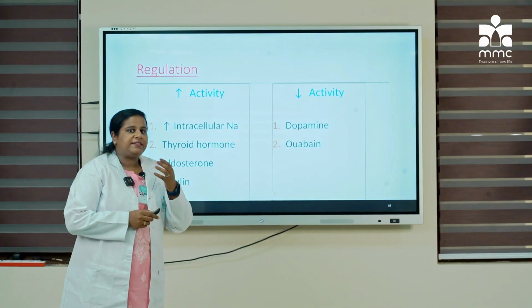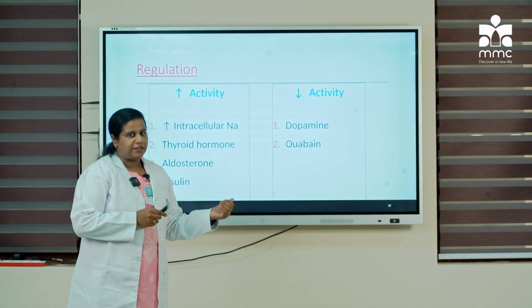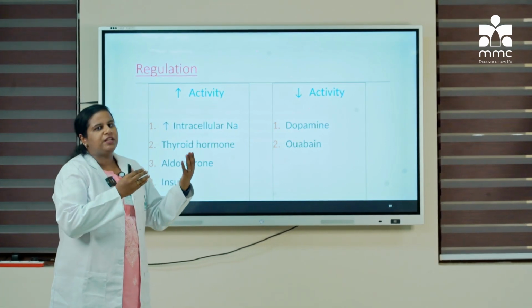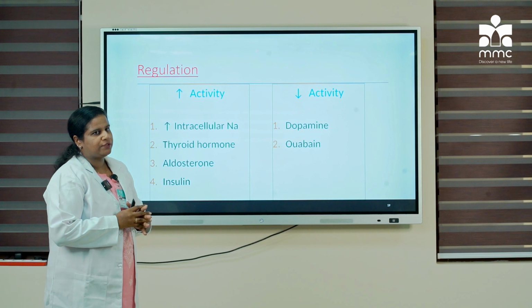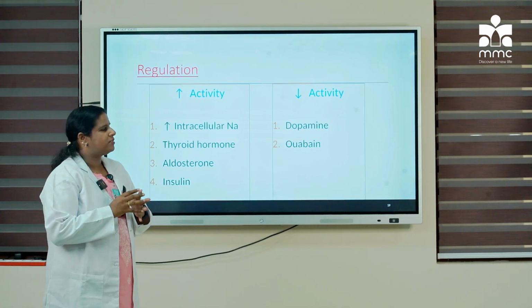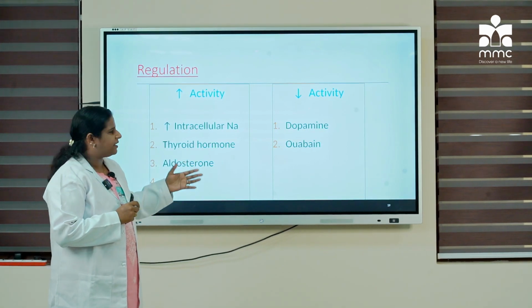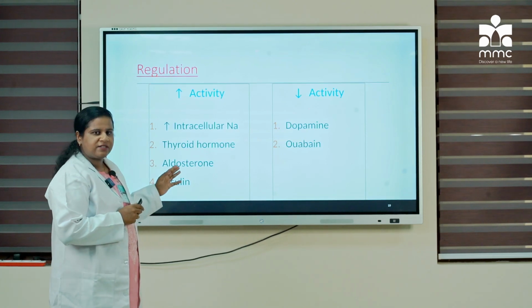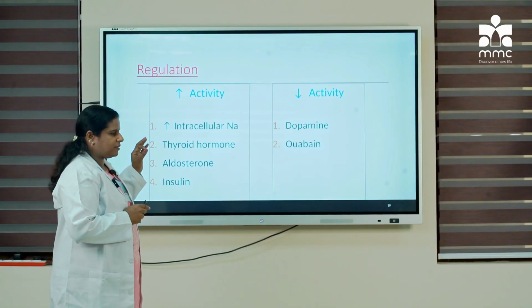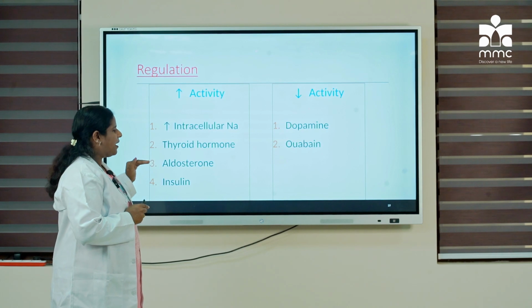And how is the activity of the sodium-potassium pump regulated? So you can have an upregulation or a downregulation of the activity of the sodium-potassium pump. You have various chemicals or substances that will facilitate that. So if there is an increase in the intracellular sodium level, or if the thyroid hormone, aldosterone and insulin, all